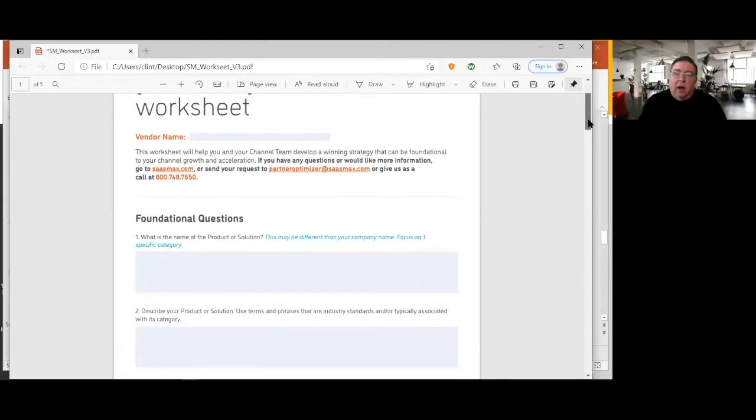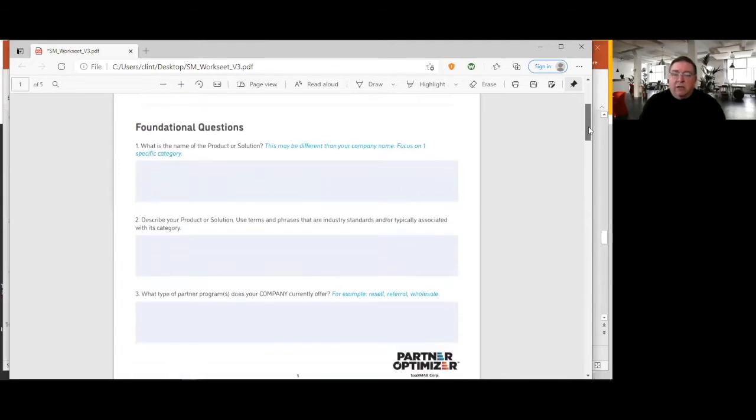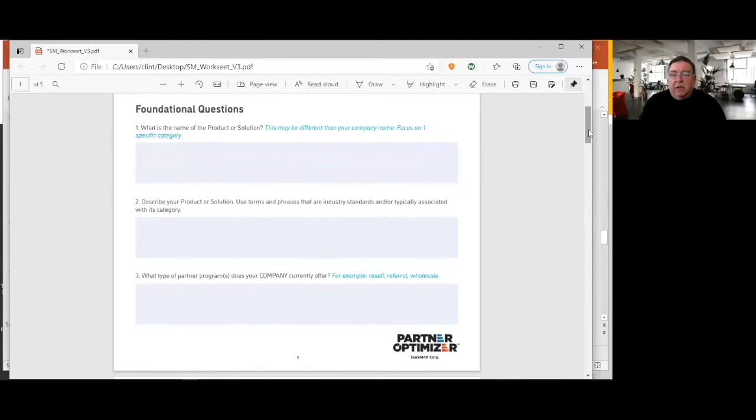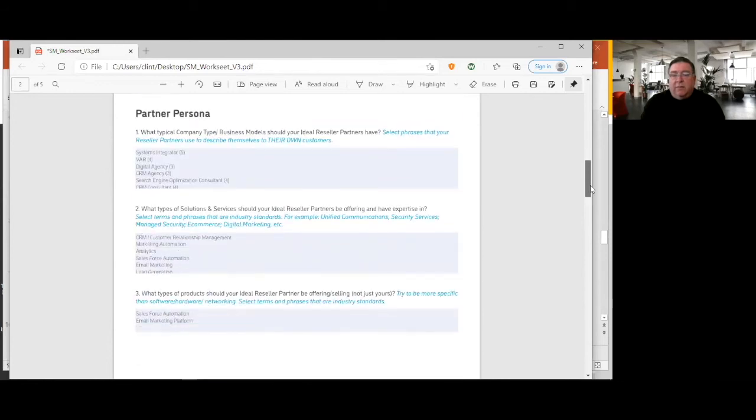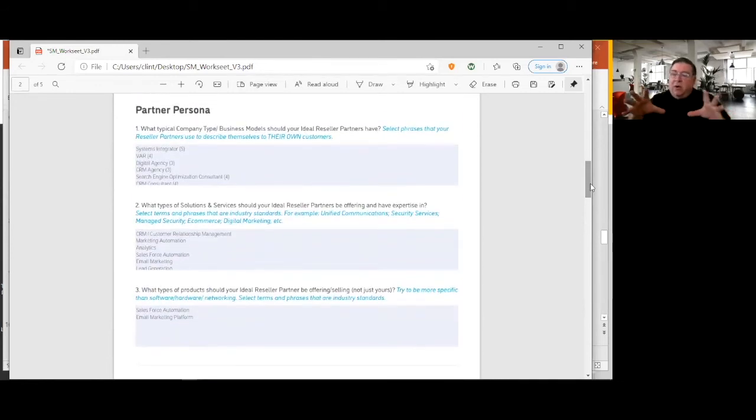But I'm going to jump past the foundational questions here, where you can put in more sentence-type things to describe your product and solution, so you have some of that background. What I'm going to jump right down to is the partner persona. This is broken down into the buckets that I showed you earlier on what makes up a profile: the partner persona, the different vendors, and the competing and the adjacents and such. So in a partner persona,